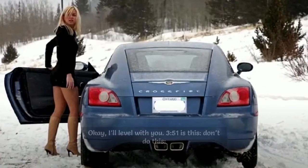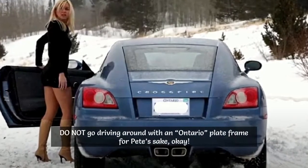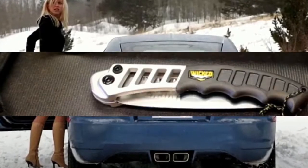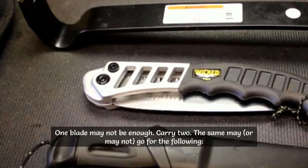Okay, I'll level with you. 3:51 is this, don't do this. Do not go driving around with an Ontario plate frame for Pete's sake, okay? One blade may not be enough. Carry two. The same may, or may not, go for the following: